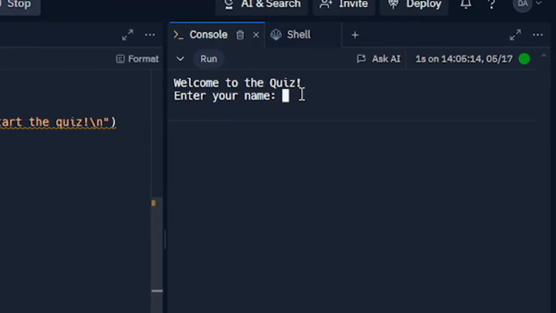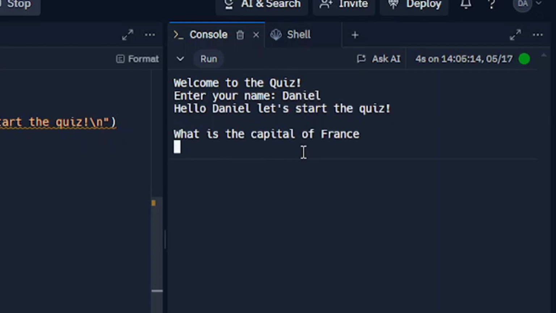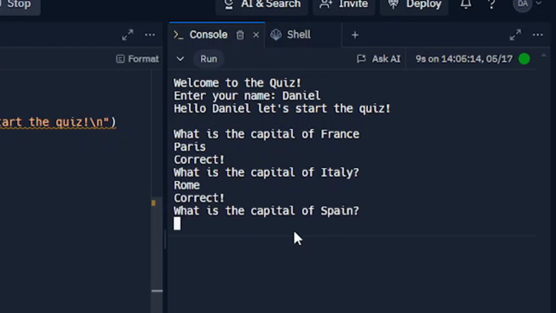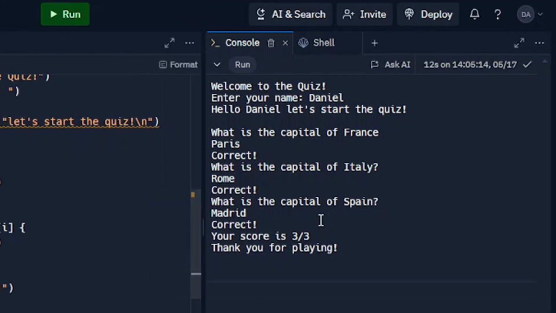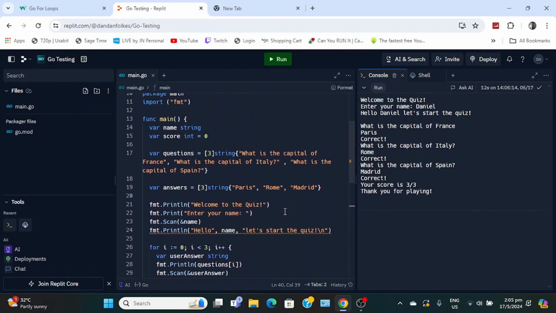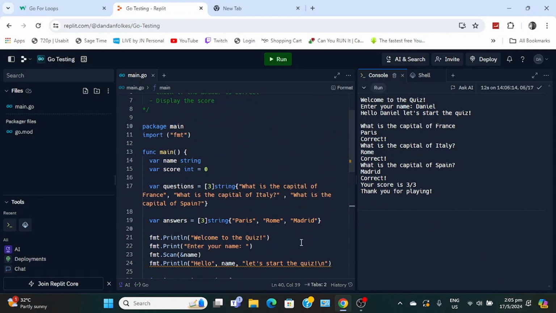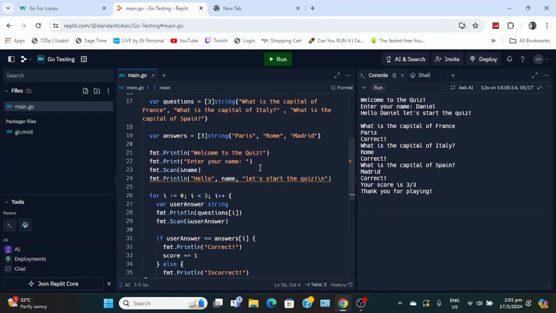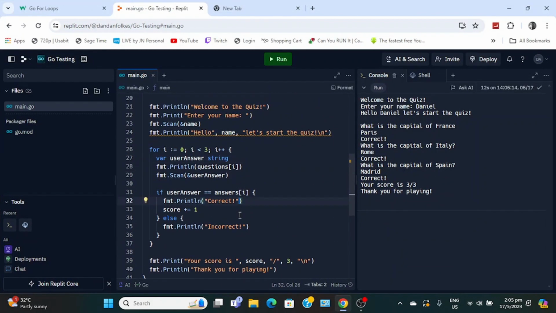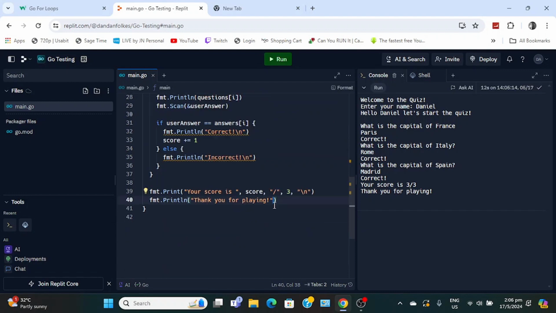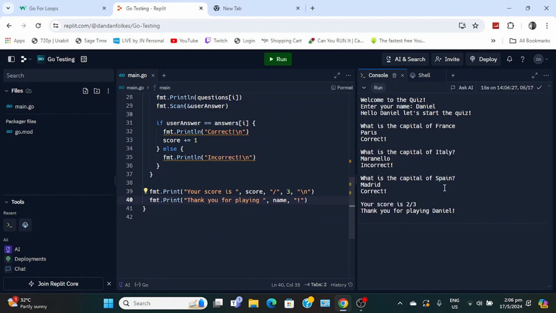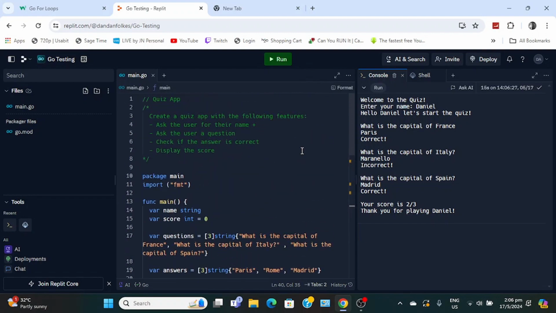Let's run. So Daniel, I think Paris, 100. There we go. That's it, and that's how you learn a programming language. And basically it's 2 p.m., so like 3 hours right there, and we've built a very simple quiz app. Change some stuff like add new line and then name. Alright, it works. And yeah, there we go. So that's how you learn a programming language in basically a day.